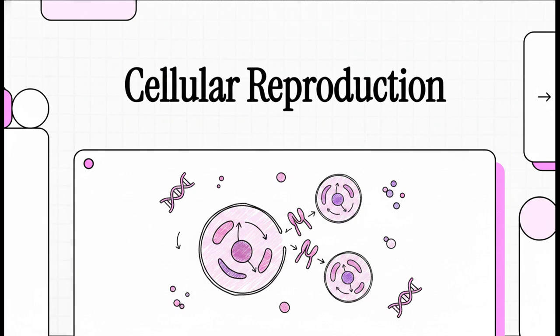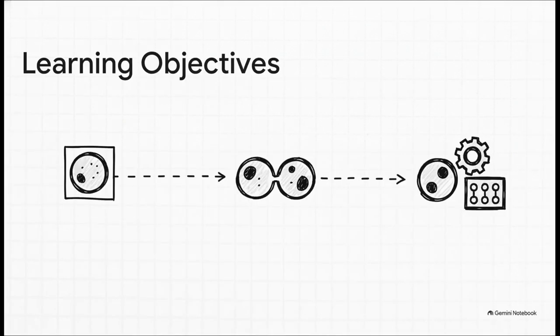Our exact production title is G9, Biology, Unit 2, Lesson 5, Cellular Reproduction and Cellular Growth. Today, we're going on a bit of a micro to macro detective story. We're going to figure out exactly why the tiny building blocks of your body behave the way they do, how they grow, and how they eventually divide to keep you healthy. Okay. Let's dive into this.